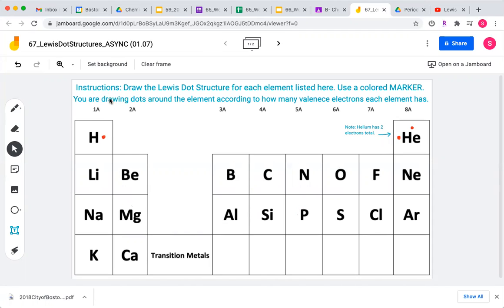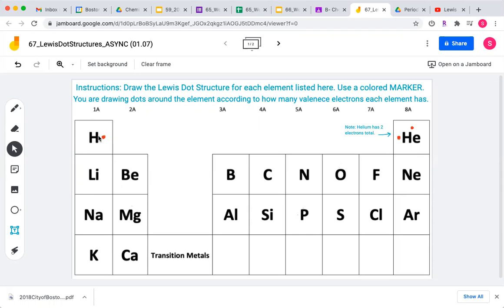So in the Jamboard that I assigned on Thursday, January 7th, here are the instructions. Draw the Lewis dot structure for each element listed here. Use a colored marker. You are drawing dots around the element according to how many valence electrons each element has. So by now, we all know that the group number that these elements are in represent how many valence electrons that element has. So for example,